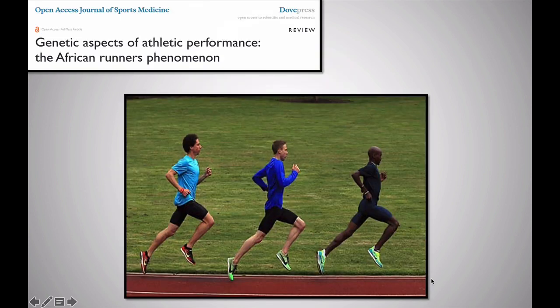There is some element of genetic combination as well. So if you can see here, the general focus is too much on the foot strike, but for me, if you look at the hip extension here, you've got three runners all training at the same center, and you can see a Caucasian runner with the hip extension. You can see Mo Farah, who's got an East African background, having a tremendous hip extension, how much he's covering with each stride. So sometimes it's a bit of a genetic component as well. If you're blessed with good mobility, good stiffness of your tendon, then obviously you're more efficient. So those elements can't be